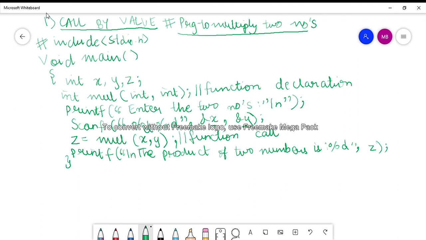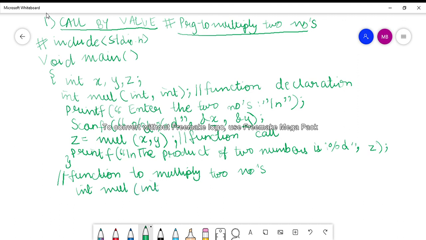So this is the function to multiply two numbers, right? So I say int mul, then int a, int b.